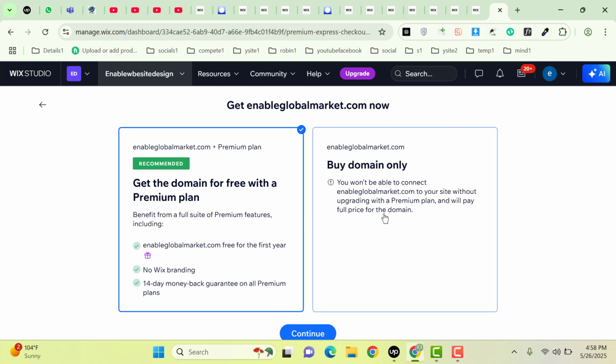So if you want to get only the domain, then you can select this option, but if you want to get the domain with a free premium plan, it will include everything, and you will also get a 14 day money back guarantee. Click here, then click on the continue button,